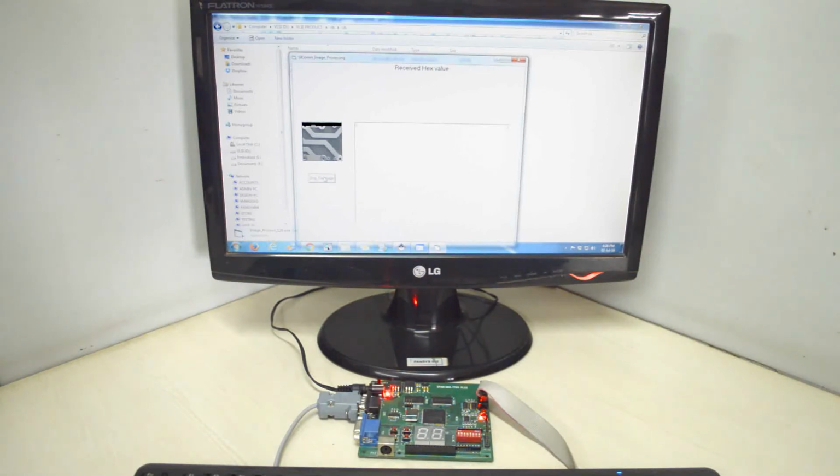After receiving the faulty PCB image, now we are receiving the output image. Here is the output image, where you can find the faulty location coming as an output. You can see that the particular location track is removed from the faulty PCB. So with the help of this, we can identify the PCB faults easily. Thank you.